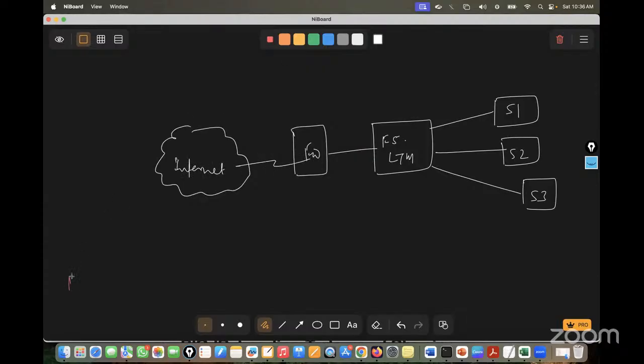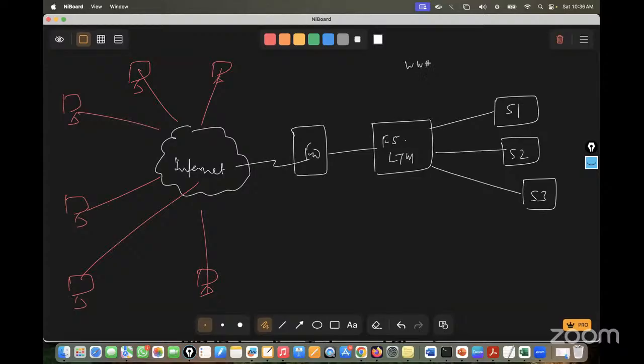and different users. Let's suppose these are the users sitting across the internet. Someone is in Delhi, someone in Mumbai, someone in the UK, someone in the US, someone in Dubai. It could be anywhere. They all are coming and they want to access, for example, a website, www.goinet.com. Whenever they open this website from this FQDN, the traffic from the internet is going to land on the F5, and this device is going to be